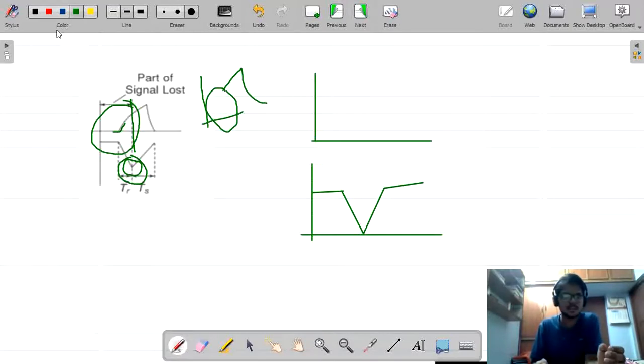Now consider, it is the time where my sweep generator will start. In order to get a perfect display of my input signal, I need to start my signal after the sweep generator starts. Now what will I do? It is the time where my sweep generator will start. Now I will start my signal from here.